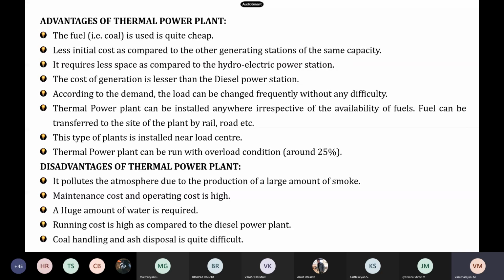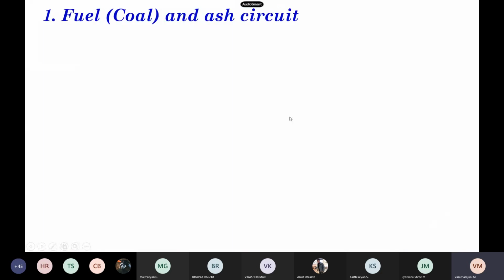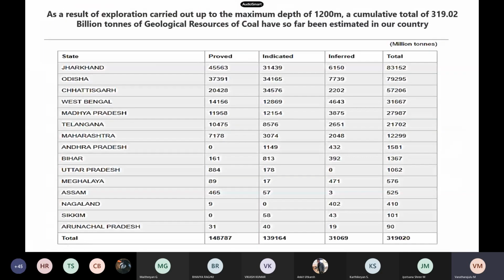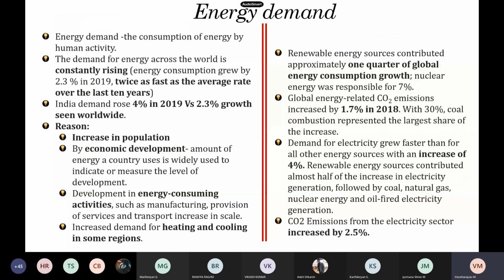And we'll talk about the other power plants. Before that, we'll discuss the basic information. Do you have any doubts with the thermal power plant? Do you need any additional inputs with the thermal power plant? Shall I move further? Or shall we ask any other question? Shall we discuss the current affairs? Anyone, yes, please unmute your mic and share the current affairs.